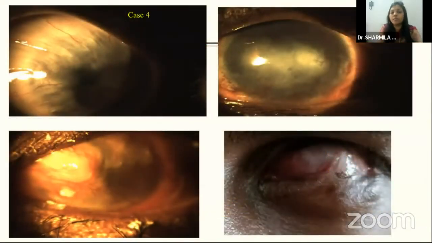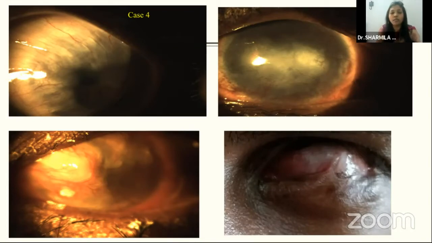Case 5, this is all sequelae of chemical injuries, again, limbal stem cell deficiency. But these are not acute cases. We have limbal stem cell deficiency. Again, you have loss of corneal clarity. You can have stromal opacities. You can see the lime deposits here. And this one is a severe symblepharon. So these are all sequelae of chemical injuries.